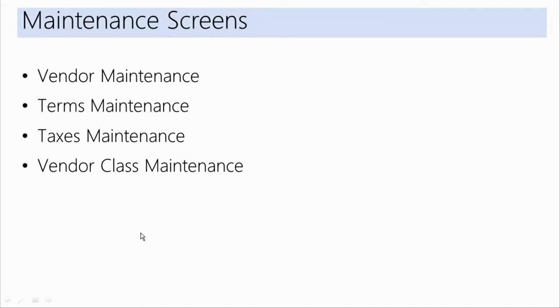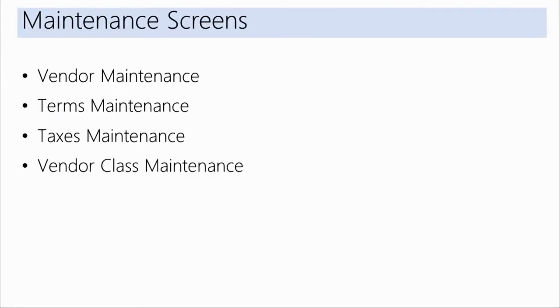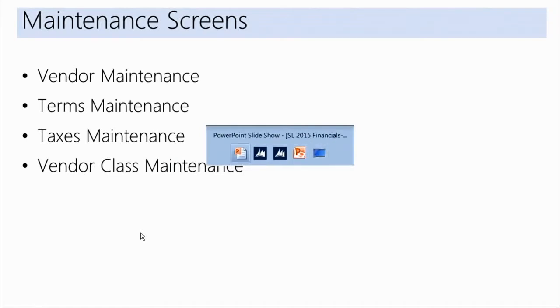So the next section we're focused on is the setup. You notice there's a lot of basic information, some nice defaults, but now we're going to actually get into some of those maintenance screens. The maintenance screens being the things that we're going to set up to start using the module. Things you would expect, like vendors. Obviously, if we're doing payables, we need to pay someone. What goes along with those things, like setting up terms, what are the terms we're setting up with our vendors, anything tax-related, as well as some default information around our vendor class type of idea. So let's take a look at the vendor maintenance screen and talk about some of those values there. I'm going to switch over here back into